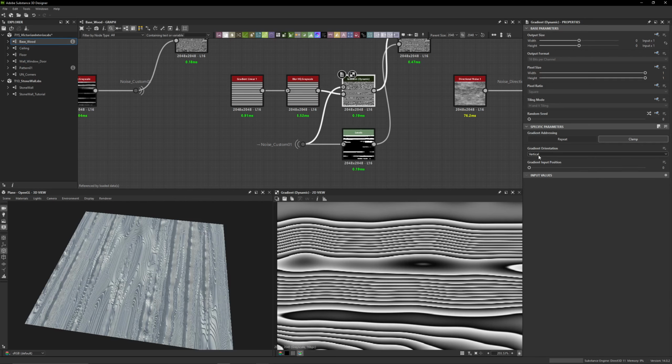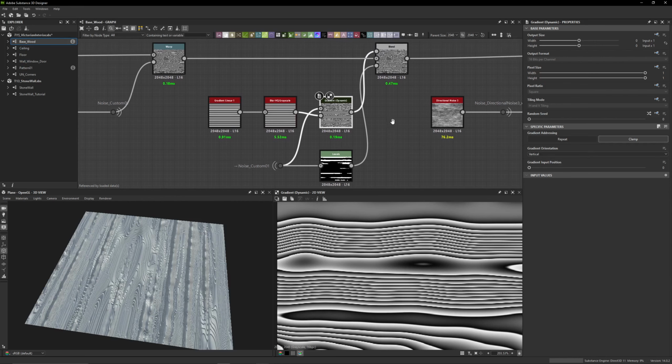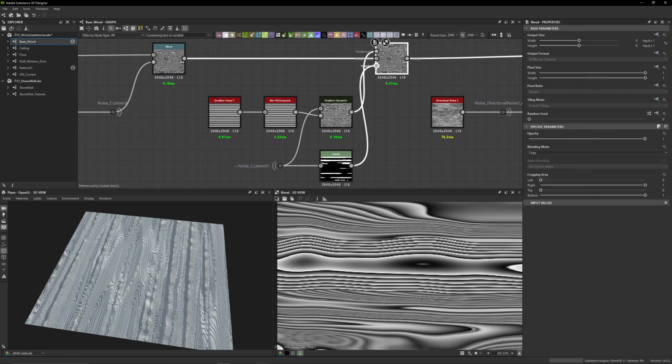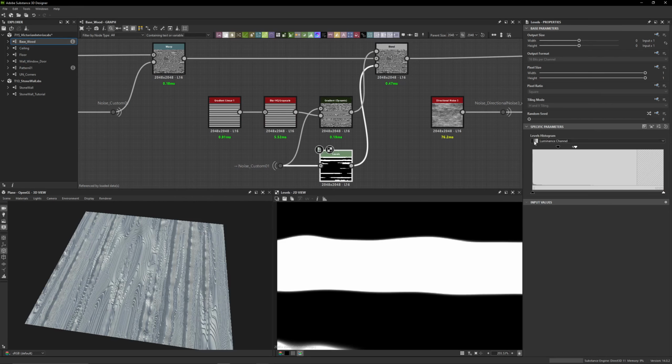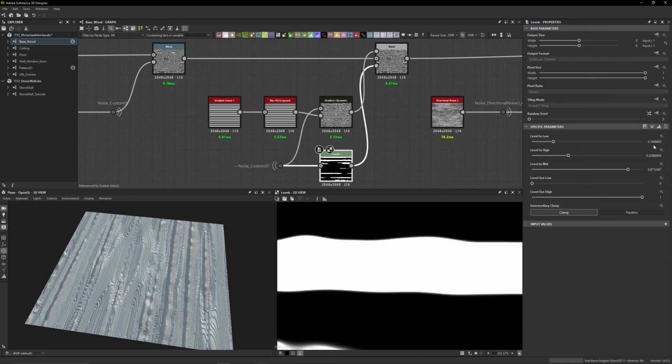Now make sure this is set to vertical for the gradient orientation, and then that is going to go into the foreground of the blend. And then we need something for the opacity, so we're going to take that noise custom 01 and we're going to play around with the levels here. Oh goodness, I didn't do nice numbers. Let me fix these up for you guys. So there you can see the values,